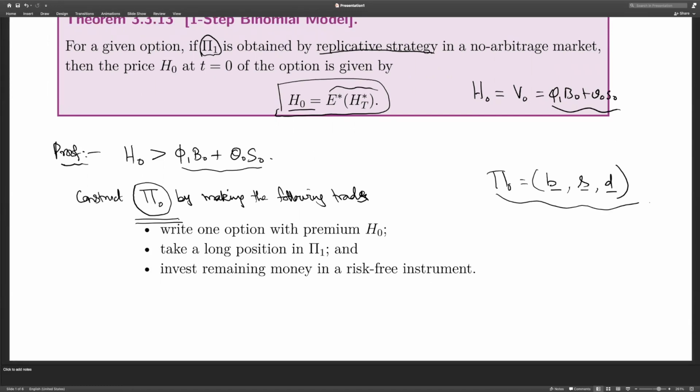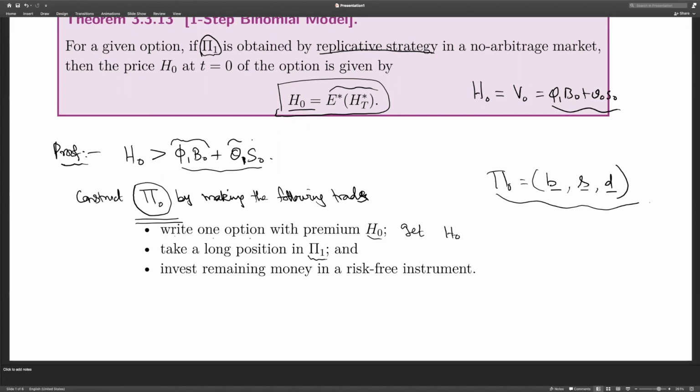So how are we going to construct this portfolio? First, write one option with premium H naught. Therefore, you will get rupees H naught by writing this option. Then go long in this portfolio. Remember, you are not going long in one particular asset. When you say that you are going long in the portfolio, it means you are buying phi 1 times B naught plus theta